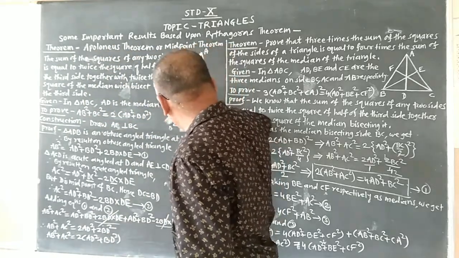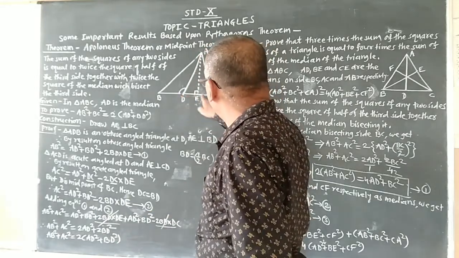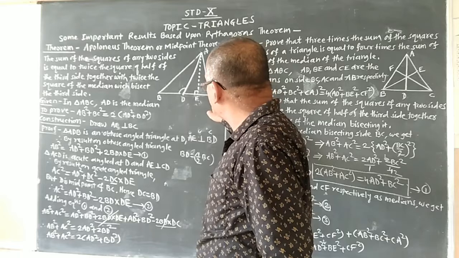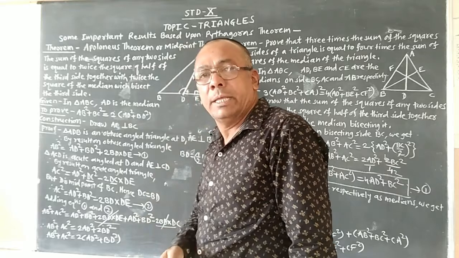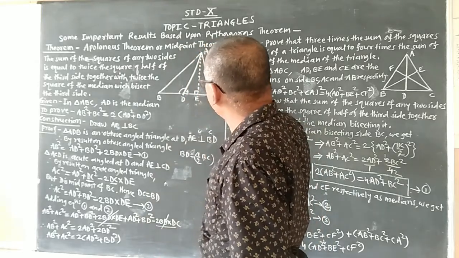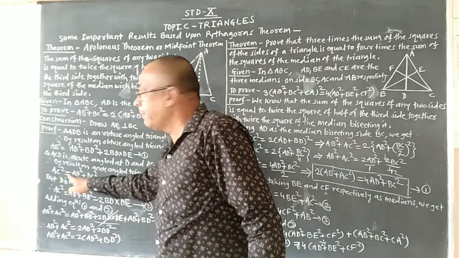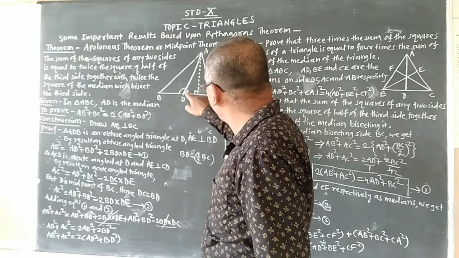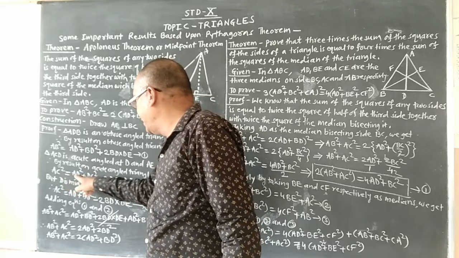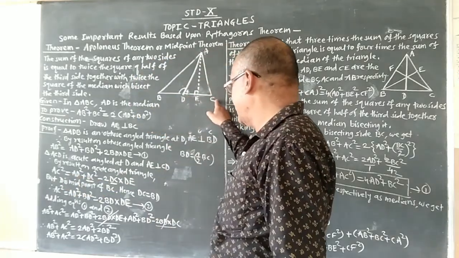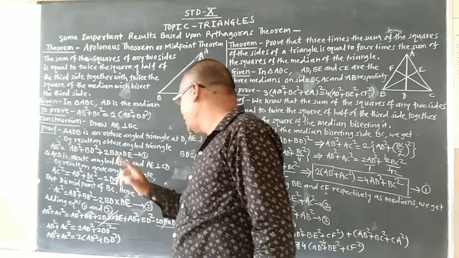triangle, that is triangle ADC, and this is acute angle triangle. Here acute angle is at D, and therefore we have to consider the side opposite to acute angle is AC. So AC square is equal to AD square plus DC square minus 2DC into DE, and that is,